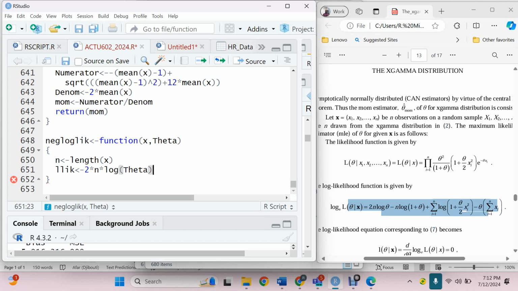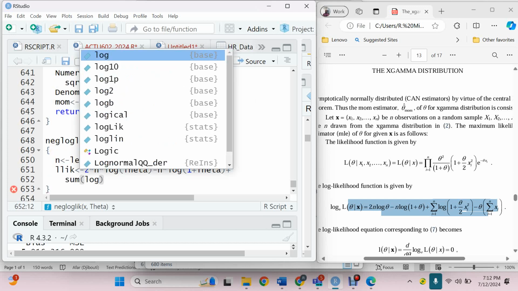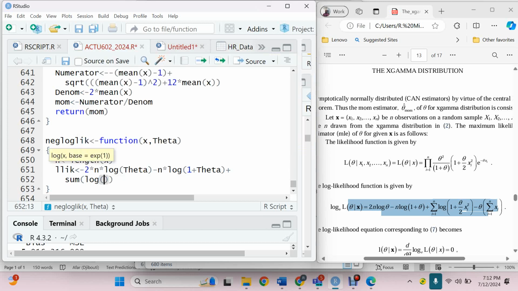Okay. Then minus. We have n times what? Log of what? 1 plus theta. Plus this one will be your sum, right? Log. Then in brackets we have 1 plus, then we have what? Theta